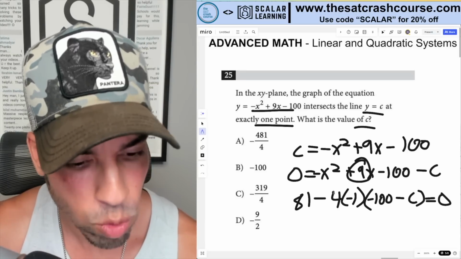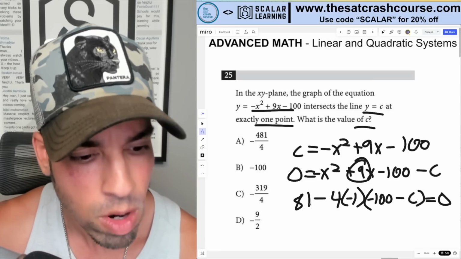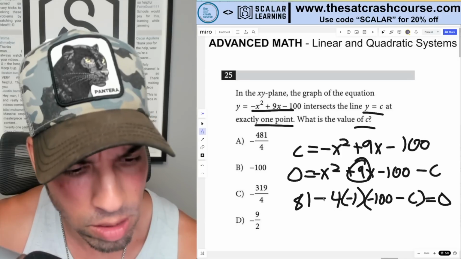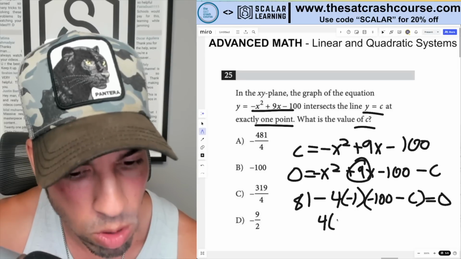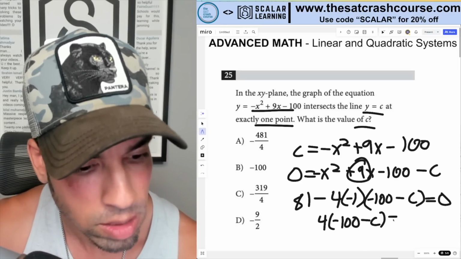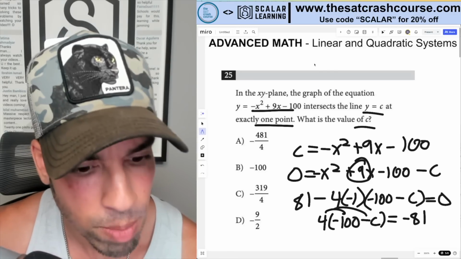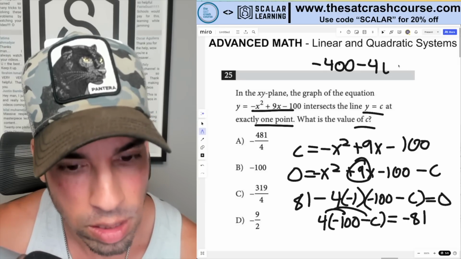Now we have a great equation that we can use to solve and isolate c. So first I'm going to minus 81 from both sides. I'm also going to simultaneously multiply negative 4 times negative 1 to get positive 4. So I have 4 times negative 100 minus c is equal to negative 81. Now we're going to distribute, and moving up top, we got negative 400 minus 4c is equal to